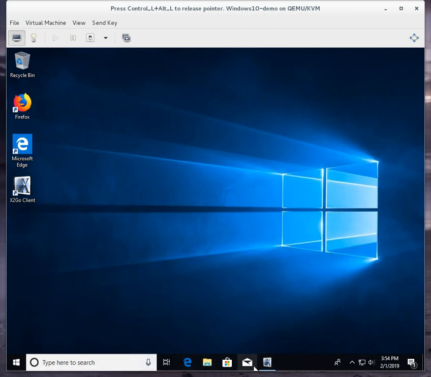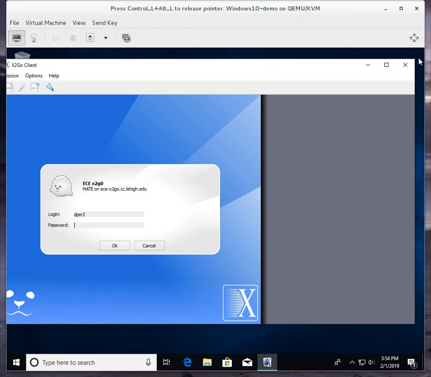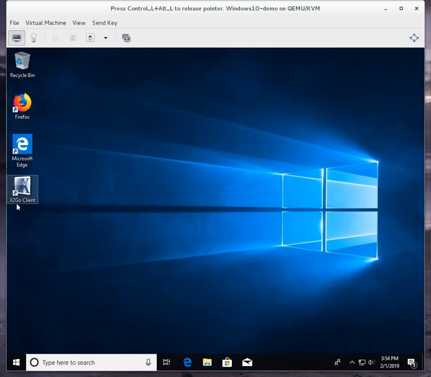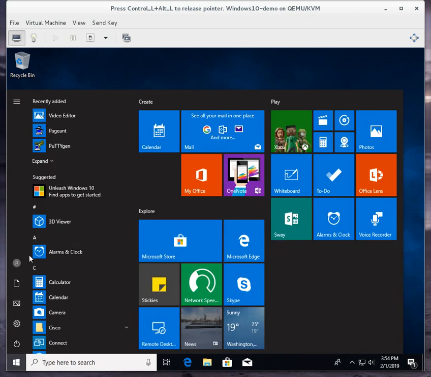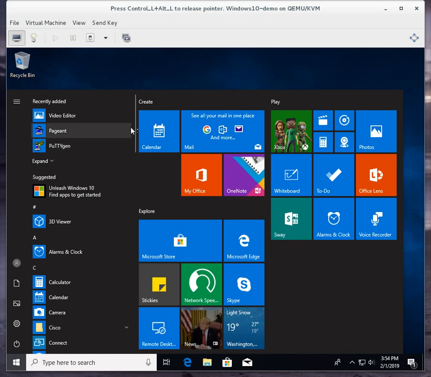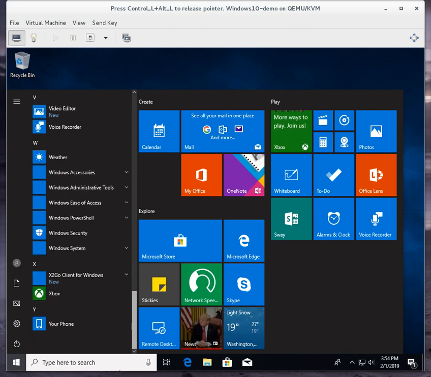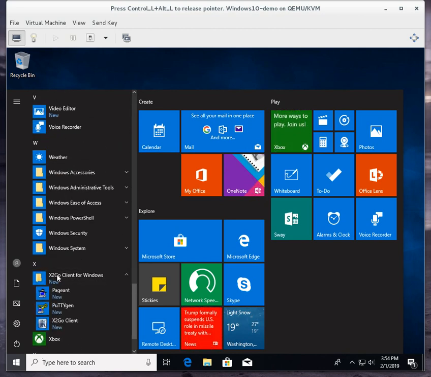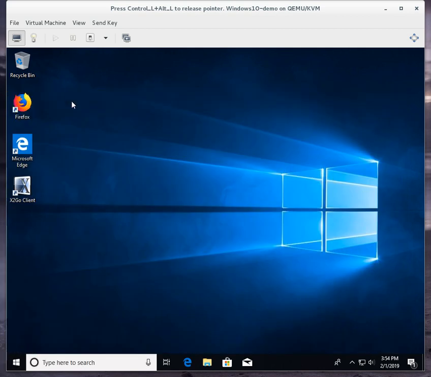Okay, we actually loaded x2go on the machines in a previous video, and this is what we had. We had an x2go icon. You can also get to the x2go application by clicking on the start flag and dragging all the way down, clicking on x2go client for Windows, and then click on x2go client. Okay, I'm going to use the desktop icon,